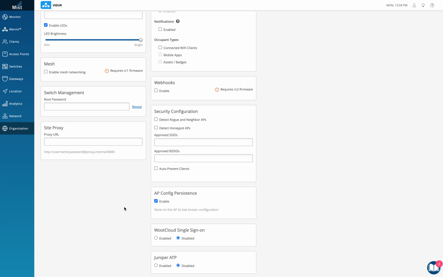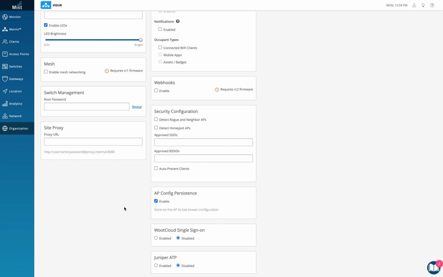It comes back up, hits the cloud, and takes around 20 to 25 seconds to download the configuration, right? Or even less than that, depending on the kind of network you have. However, if it is checked and the AP reboots, it already has the old configuration, and it will not have any kind of downtime. The AP does not need to reach the cloud once again to download the config. It already has the configuration, and the clients can directly connect.